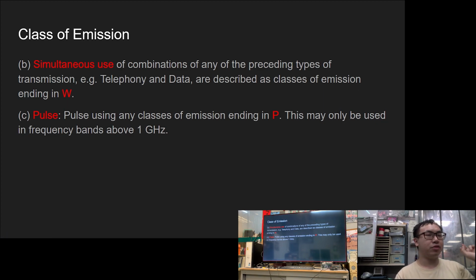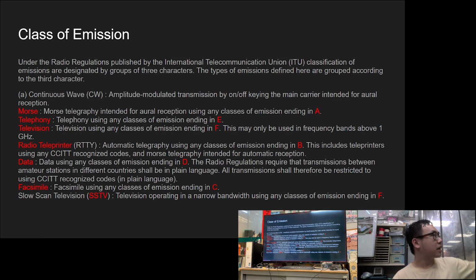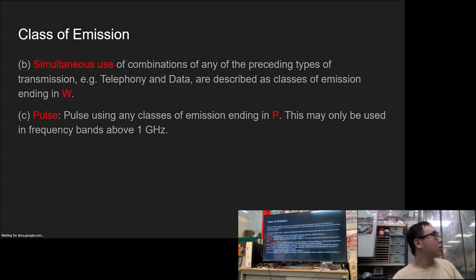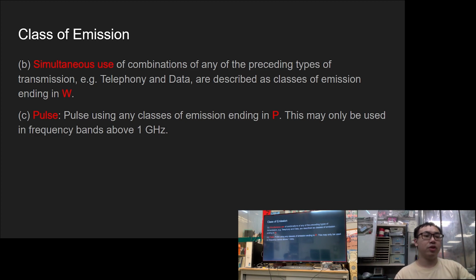Okay, and we have two more types. If you combine the use of the classes here, which is Morse and data and fax together, maybe, or television and fax together, you have to use W, which is a mix of two classes. A mix of two classes is W, and pulse is P. And once again, ITU suggests it can be used for above 1 gigahertz, but you have to follow the regulations of OFCA, which is 5.725 gigahertz or